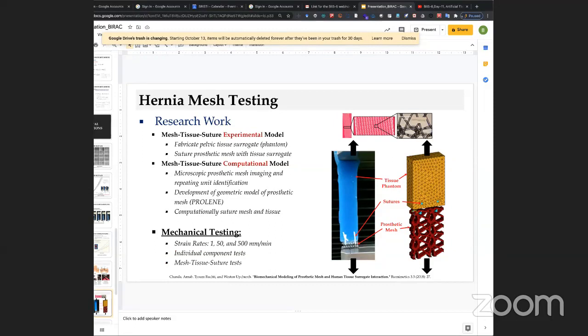Now, we cannot go inside a human body and perform this, but we can do this in a lab with artificial tissues, with no issue of storing it, because this is just a soft elastomer material. You can throw it in a desk, keep it for 100 days, keep it for 5 years, it's not going to change. So we have conducted a lot of tests, and the figure on the right basically shows